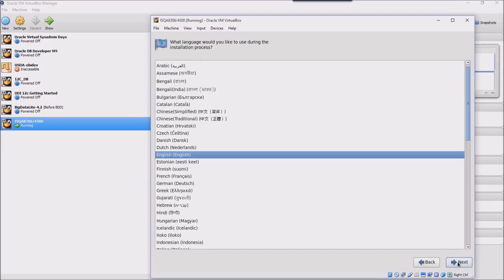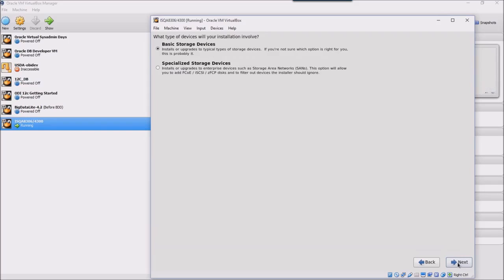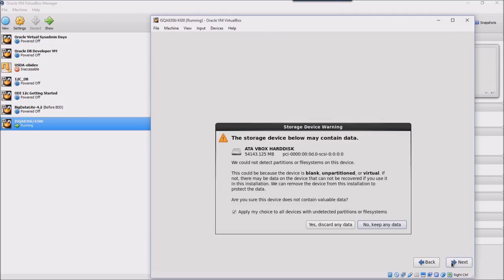It'll ask me some questions about language, and I'm going to go ahead and select US English as the language that I want. We're not actually setting up a machine that has any use in the real world beyond a development machine, so we're just going to use basic storage. And here the operating system software really doesn't know any better whether or not this is a virtual machine